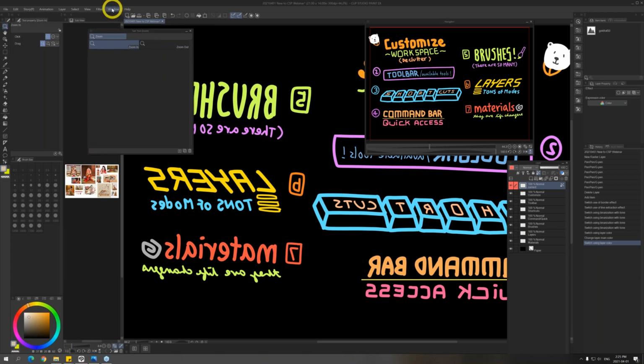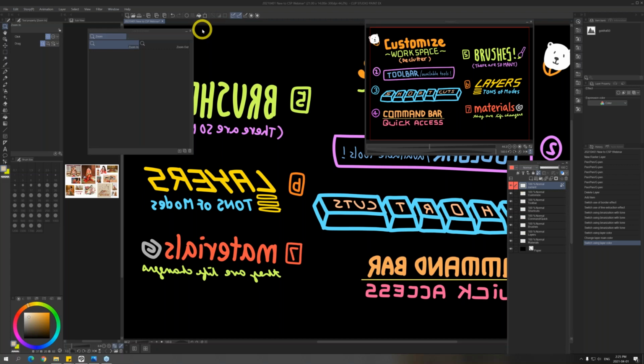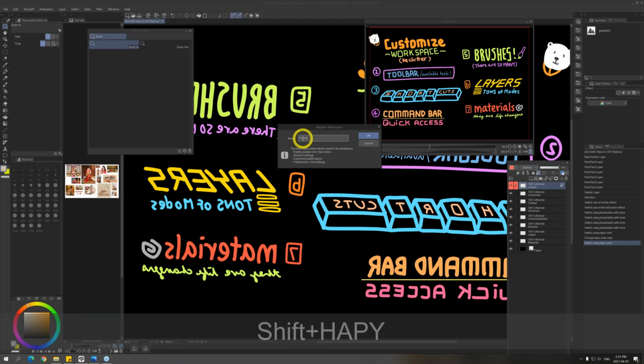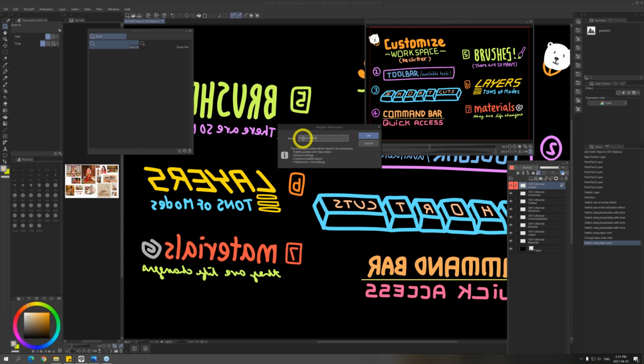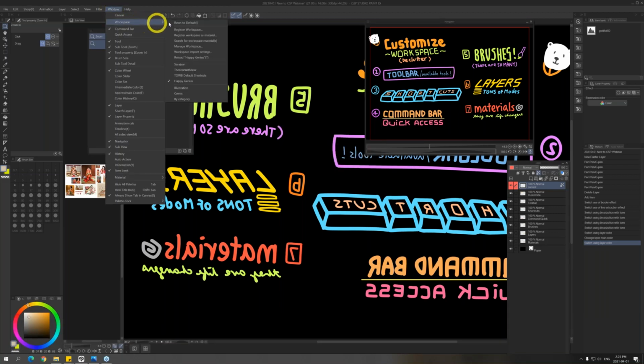So once I feel like, okay, this workspace looks amazing, you go into Window, Workspace, Register Workspace. Right here we type in the name of your workspace, and I would just type in, I don't know, happy genius. And then you save. So every time afterward, you can actually just load that up. For example, if I want to load